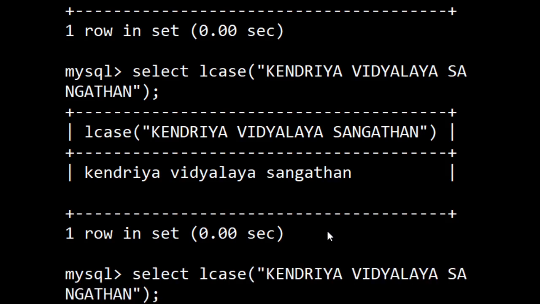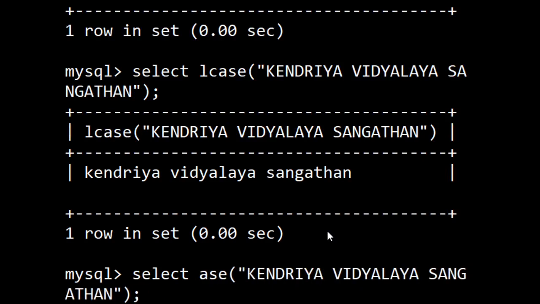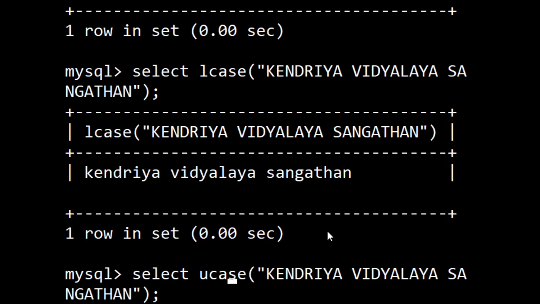Now I want to use the UCase function, and in UCase I am going to use the same thing, and here I am making this Kendriya in small letters. Caps lock is on, so I am writing again Kendriya in small letters.